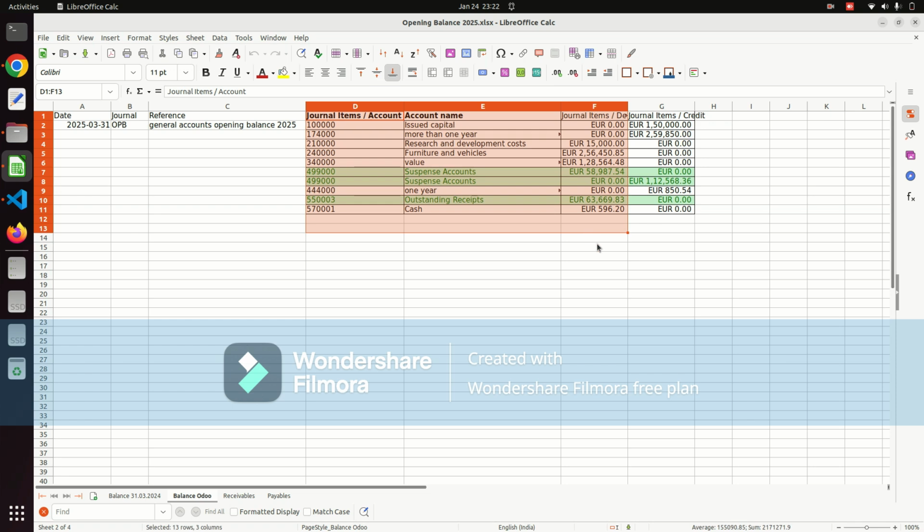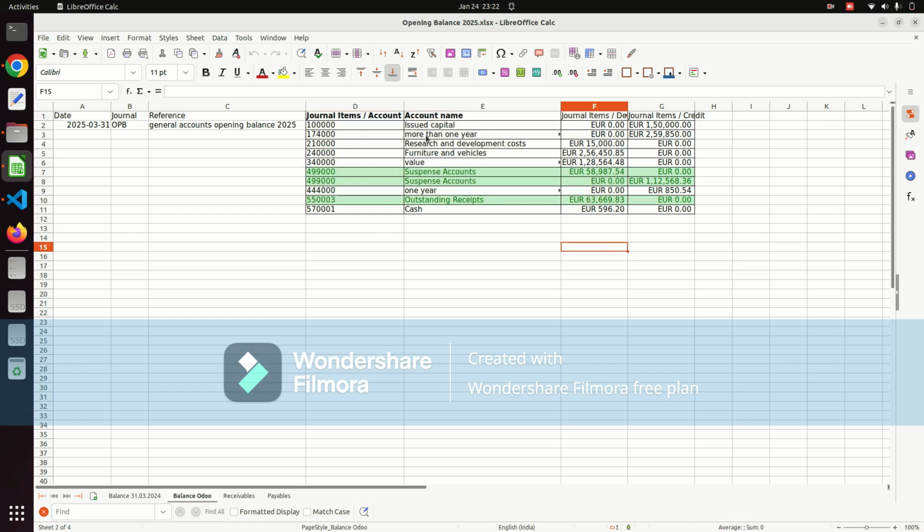And here, yes, this is the main part. Here you can see I have some issued capital of more than 1 year, assets, research and development cost, furniture value. Okay, so it is according to your business, and it will be different from business to business. And here, in the Belgium accounting,